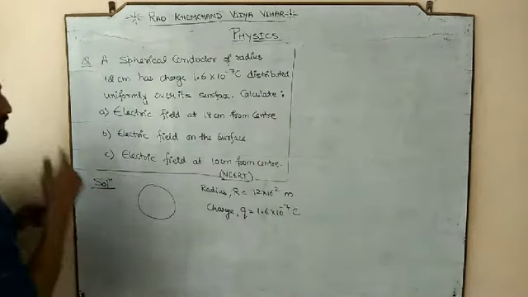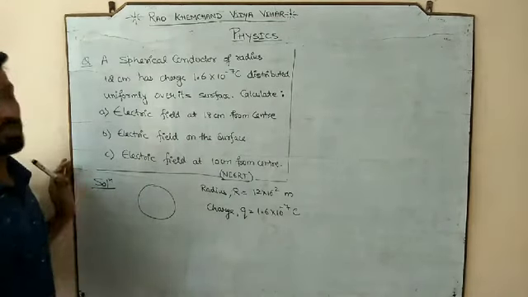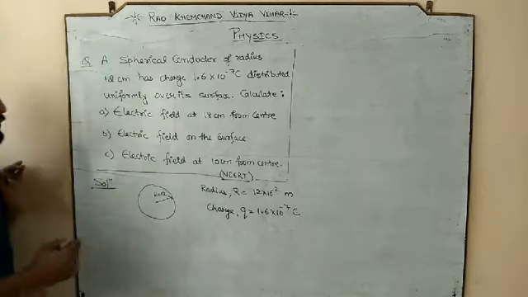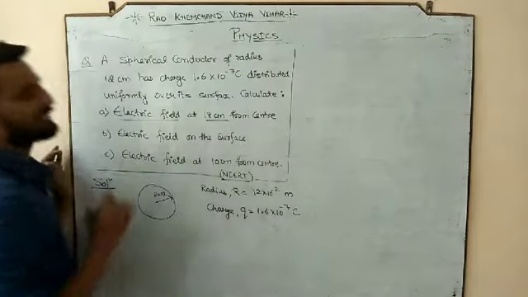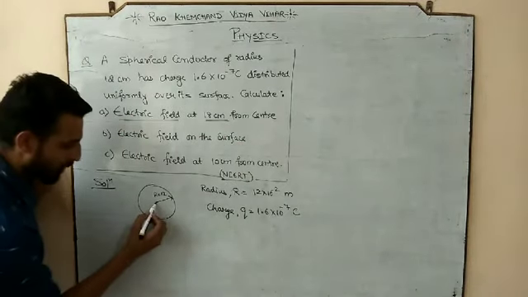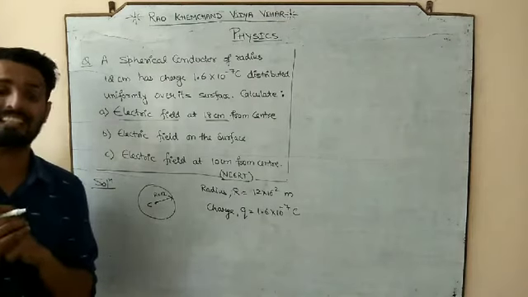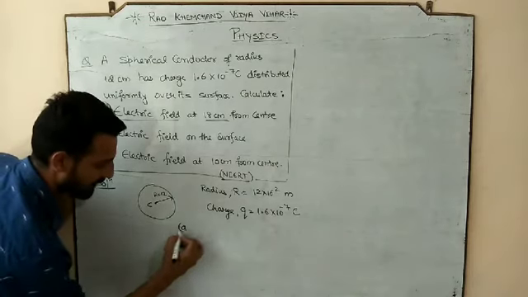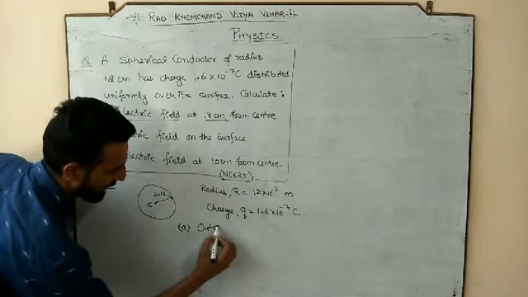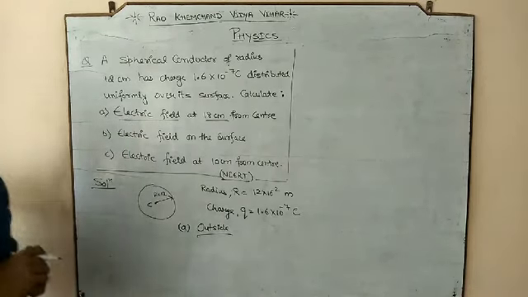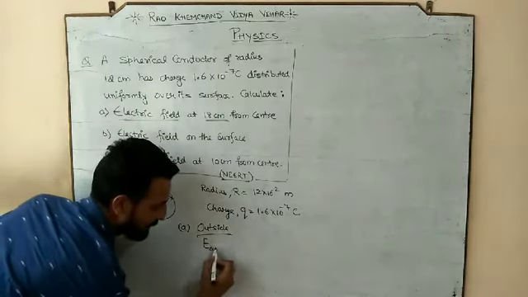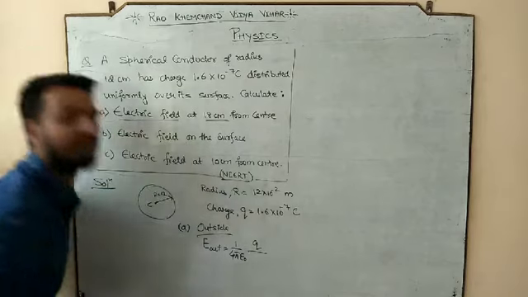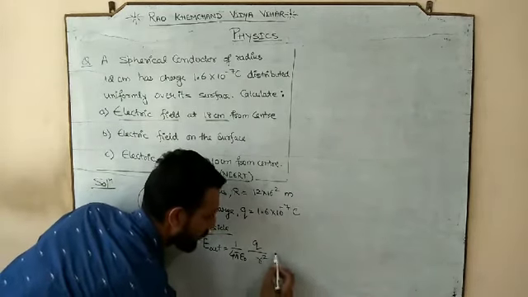Now he is asking, calculate number 1, electric field at 18 centimeter from the center. So this is your capital R, which is 12. Now he is asking to calculate the electric field at 18 centimeter from the center. So from the center, where should the 18 centimeter be? Definitely, it should be outside. So we are going to study the first case, and by reading the question, we get to know that the first case is outside. And what is the electric field formula for the outside? The formula is 1 by 4 pi epsilon naught Q by small r square.